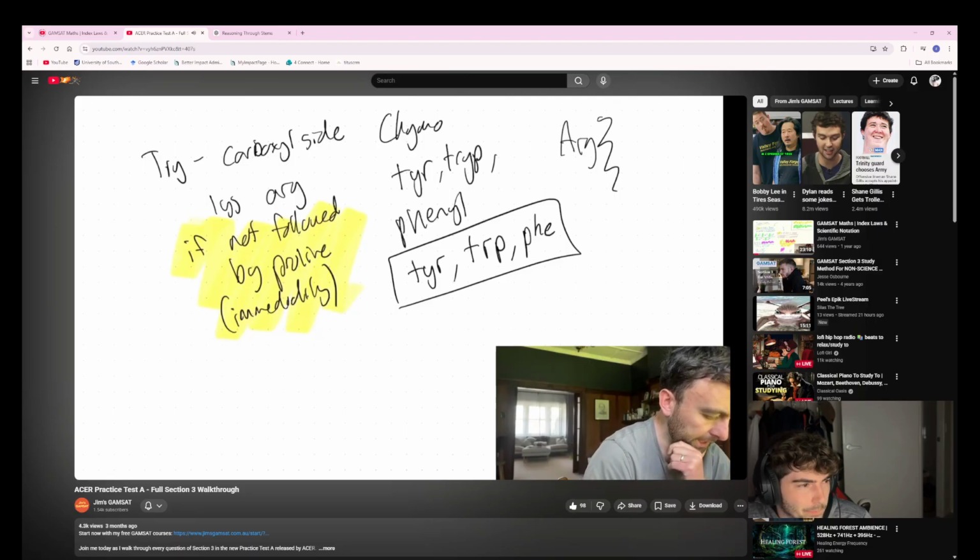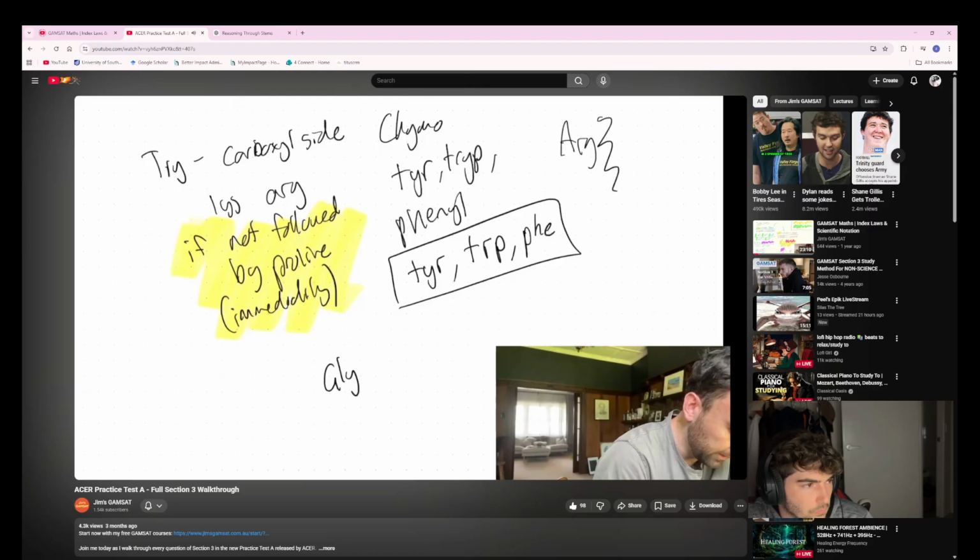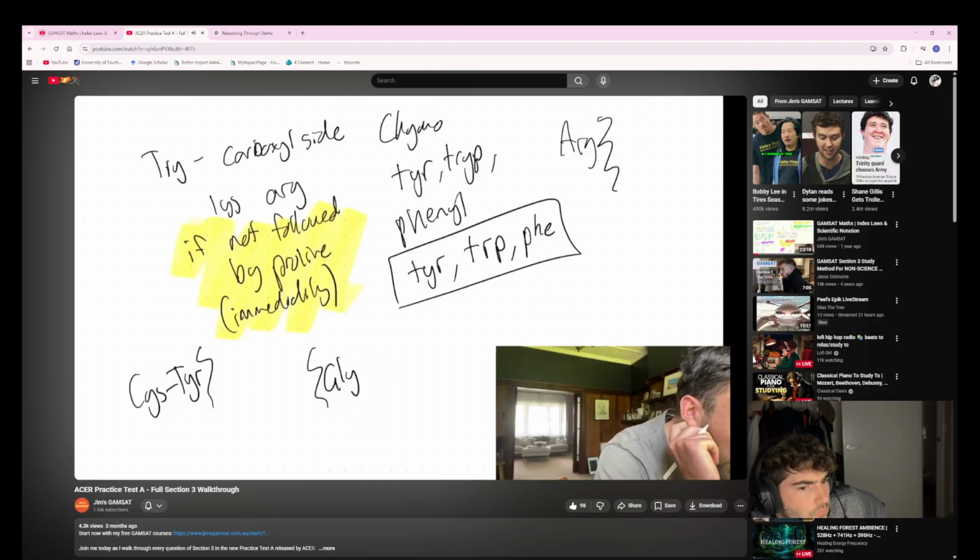I would be cutting at the lysine, of which there is none, the arginine, of which there is one. So that would mean we get a GLY over here, and we get this big whole block with arginine there. Then we're also cutting at TYR, which means we're getting CYS at the start, TYR, that's all cut off. This GLY is cut off. And then there's no tryptophan, and then there's a phenylalanine, which means we get the phenylalanine isolated as well. But it means in the middle, we have a GLN,